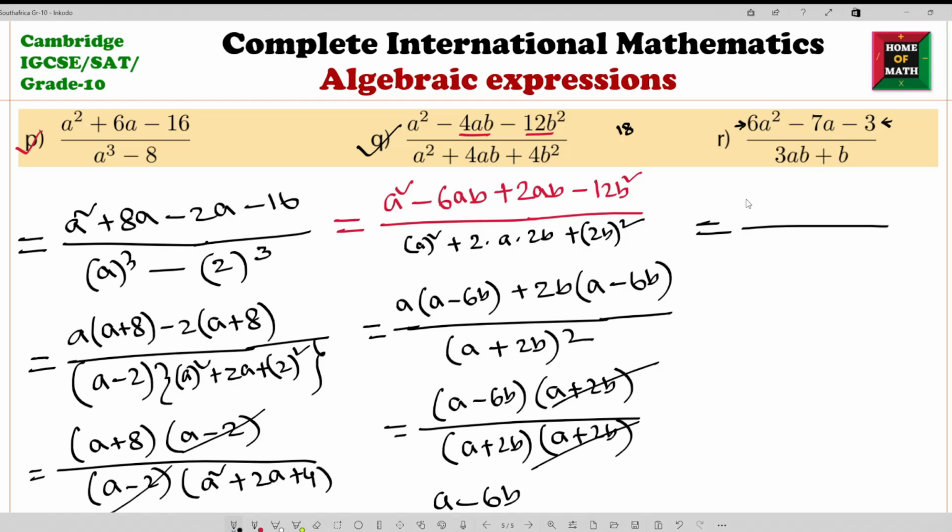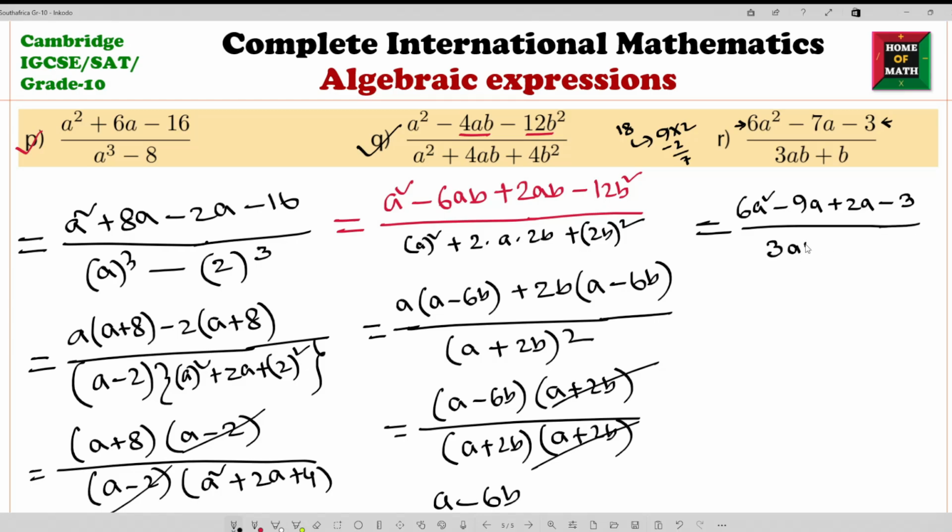How? Look, 6a square, 18 means what? 9 times 2 is 18, and 9 minus 2 is 7. So we can write 9a, then plus 2a, then minus 3,